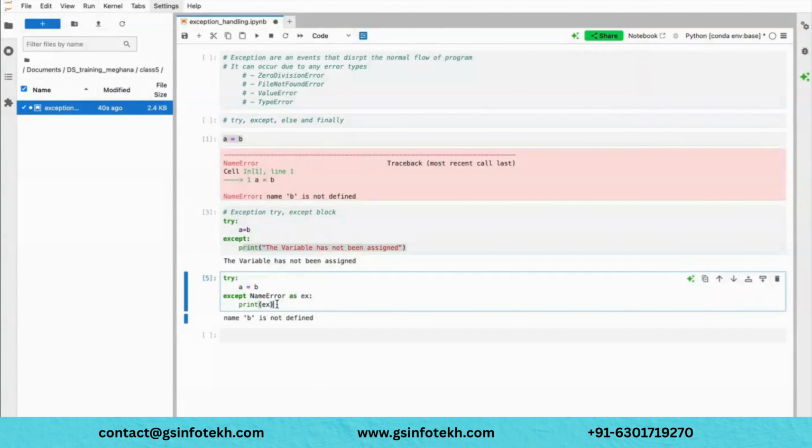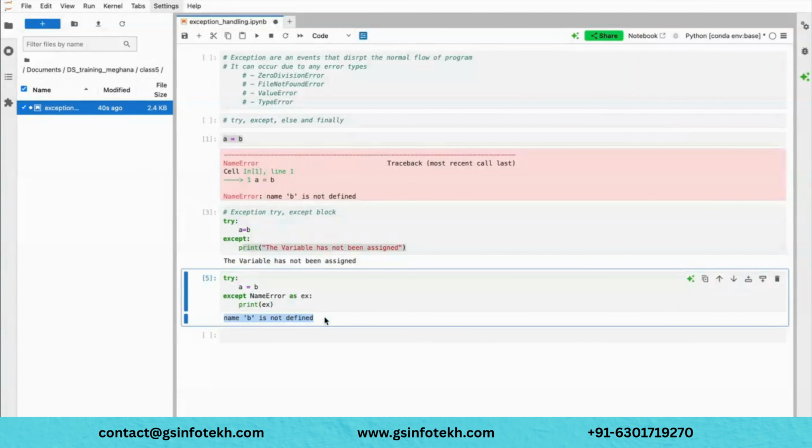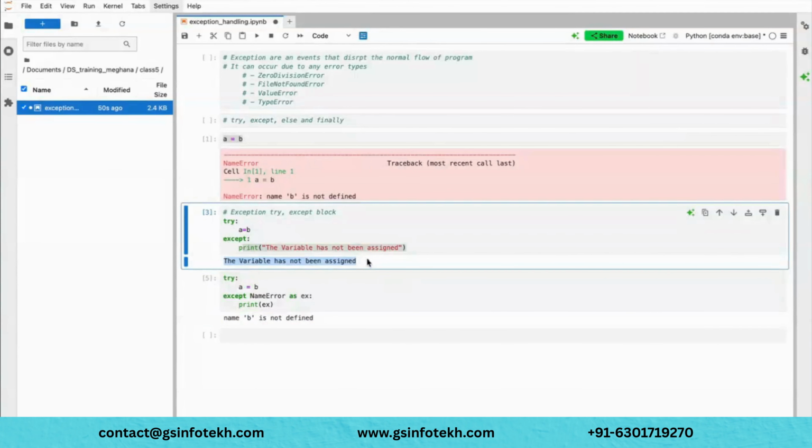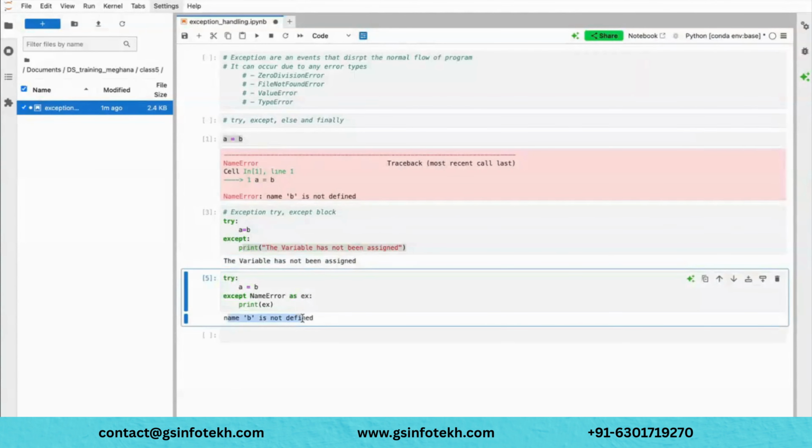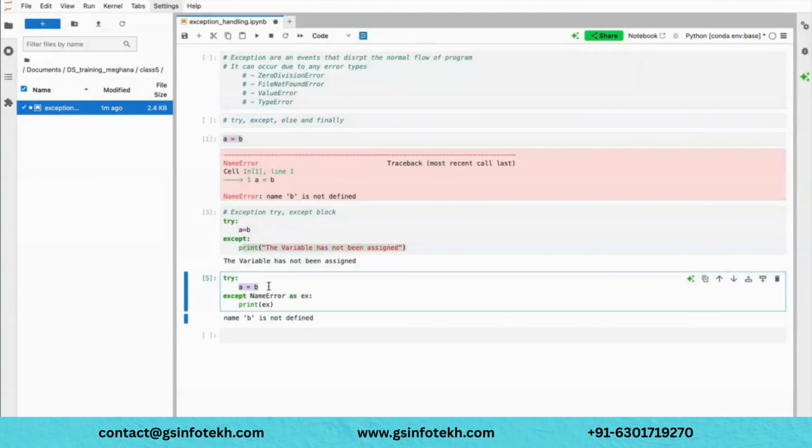When you are doing some kind of logging or other things, you can easily know at what position the error occurred, or at what variable it occurred. Let's say you are seeing the logs: the variable has not been assigned. This is a general statement. You don't know where it occurred, correct? Unless you write back the line name and line number. But here, if you see 'B is not defined', there is more confidence that the error was because B was not defined. So this is how you can get the entire definition of the error message from the interpreter.